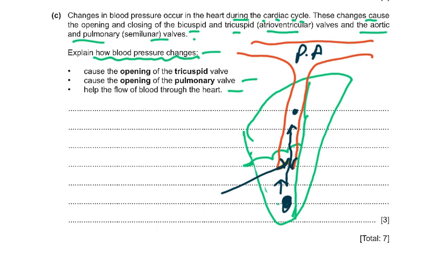And the last point is help blood flow through the heart. Now, one-way flow of blood directs blood in the correct direction. So the valves are preventing the backflow of blood. And blood flows from a higher pressure to a lower pressure. And blood pressure changes result in coordination. Semilunar valve is open when tricuspid valve is shut. So all these valves work in a certain sequence. When this tricuspid valve is closed, then of course the semilunar valve will open and blood will enter the pulmonary